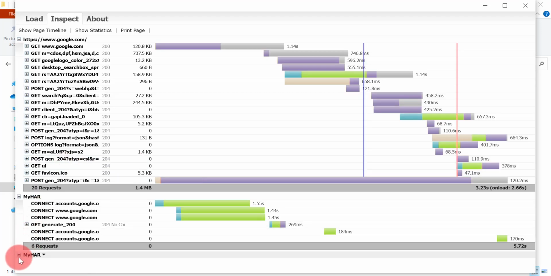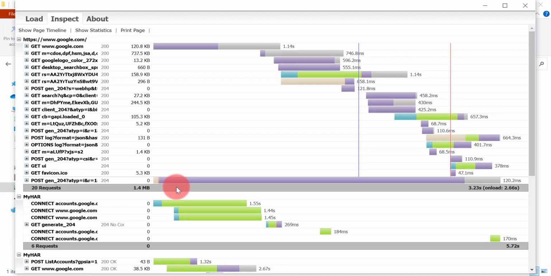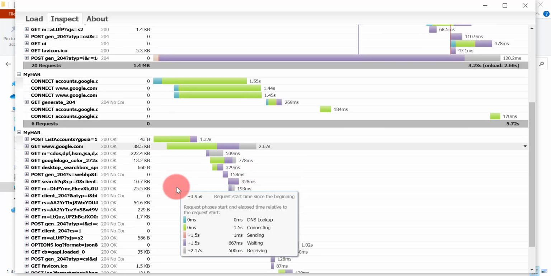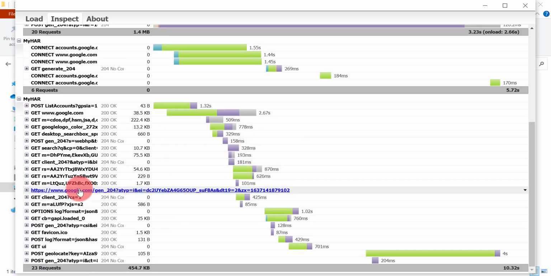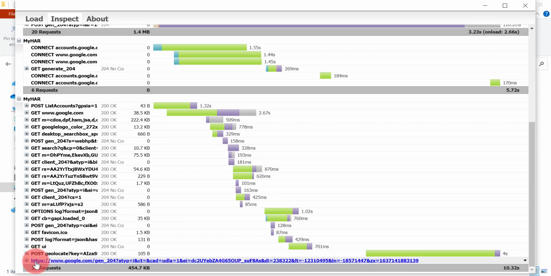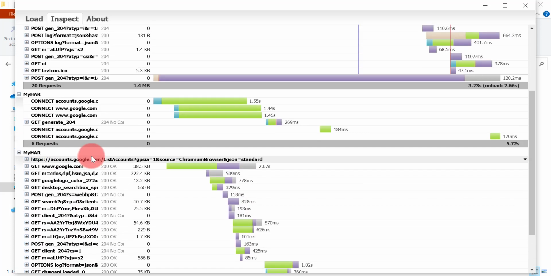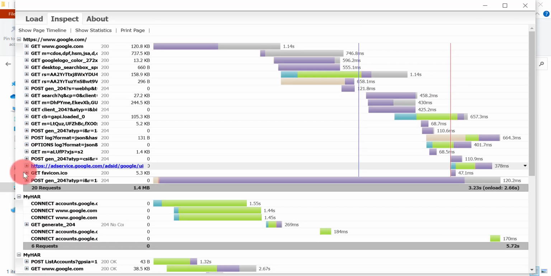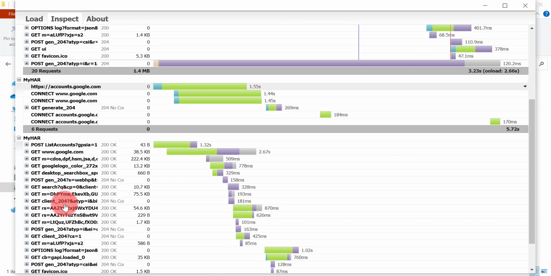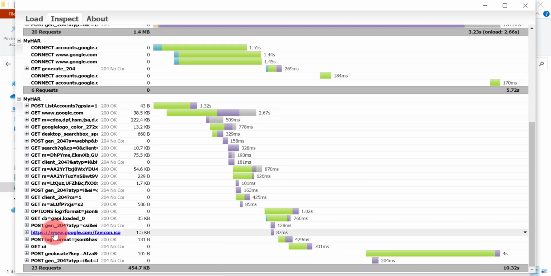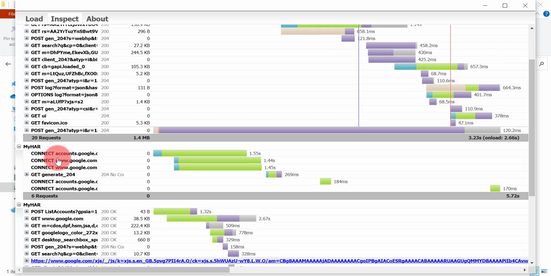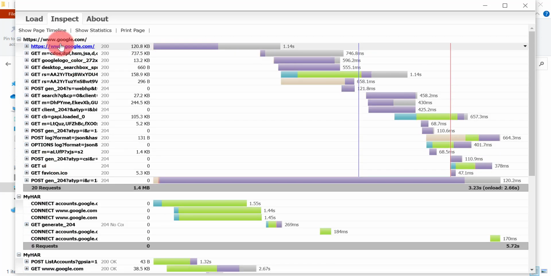Okay, so this is my HAR, the latest one, and now you can see that we got all the details. We got 23 requests in automation, and in manual you can see we have got 20 requests. That means we got all the requests. We have waited for 5 seconds obviously, so we got all the details, and you can cross verify from here.